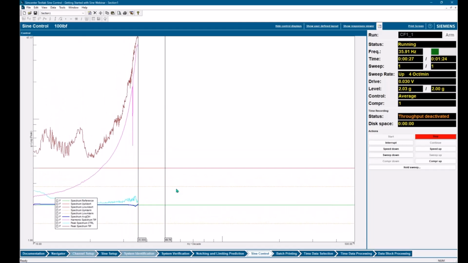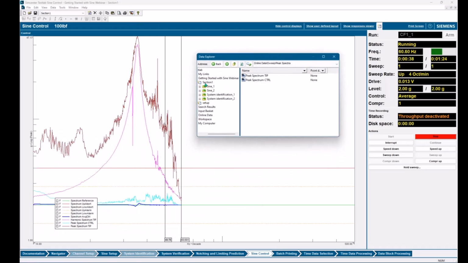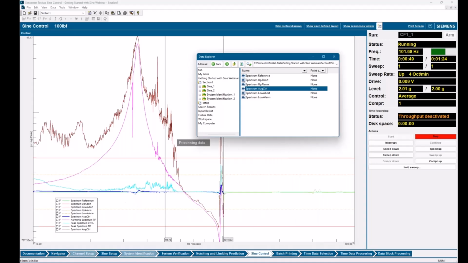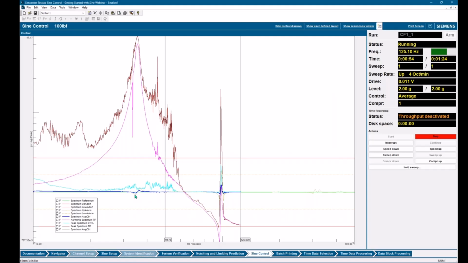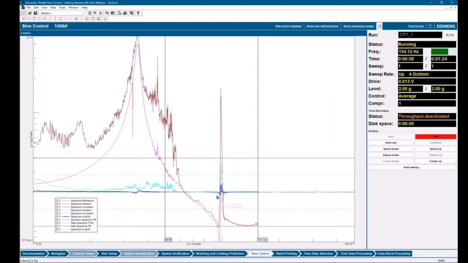There's our resonance again. So if we look at this from our previous test, we can see that the compression factor being faster is actually helping us here.